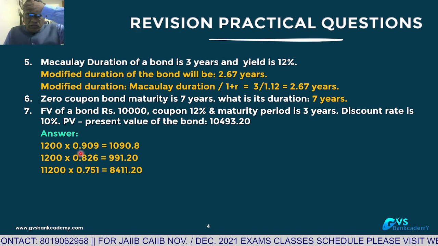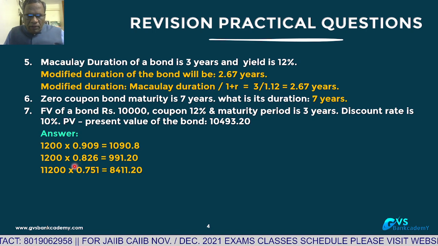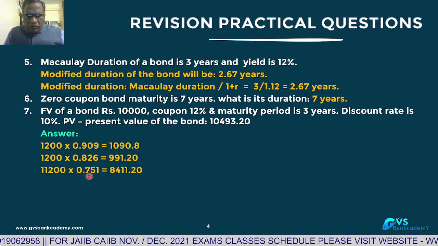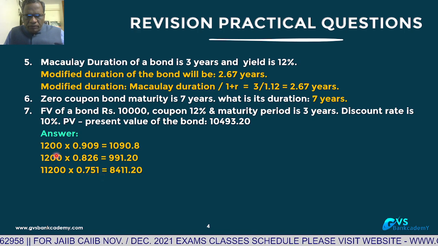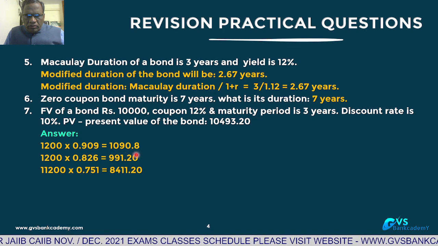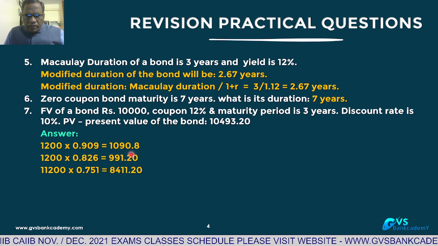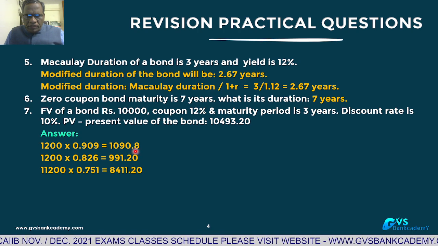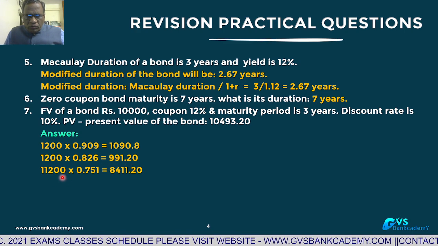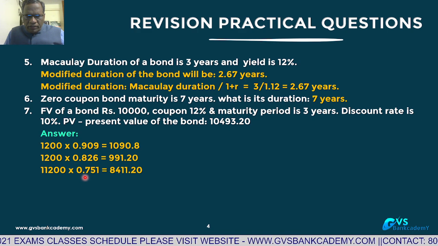So first year discounting factor is 0.909, second year 0.826, third year 0.751. 1,200 into 0.909 is 1,090.80. 1,200 into 0.826 is 991.20, and 11,200 into the third year discount factor 0.751,